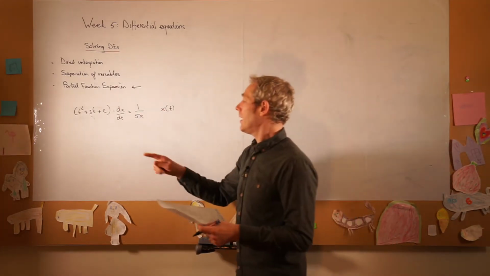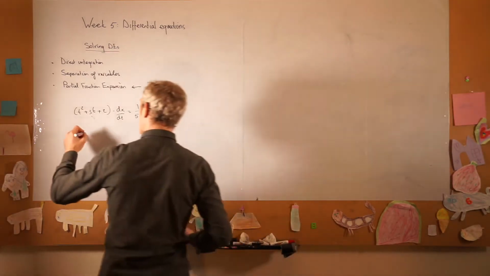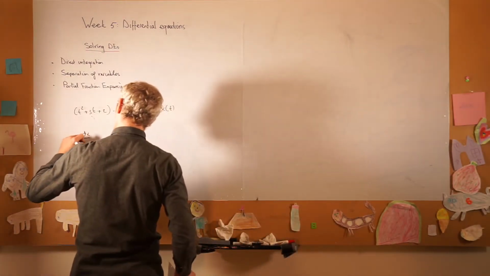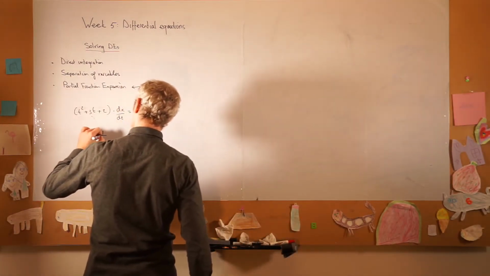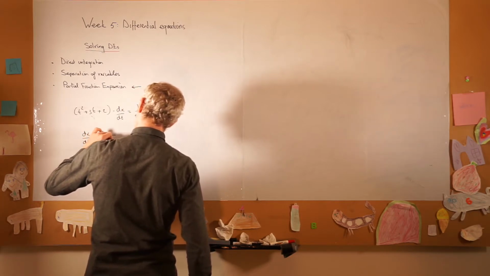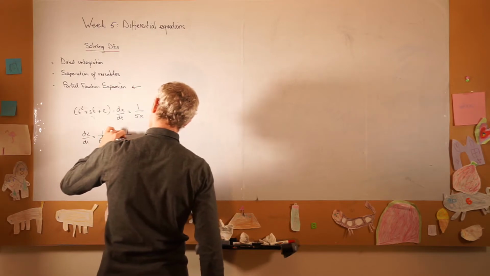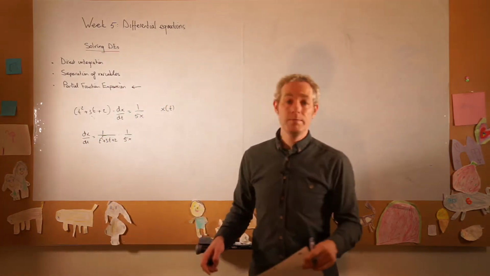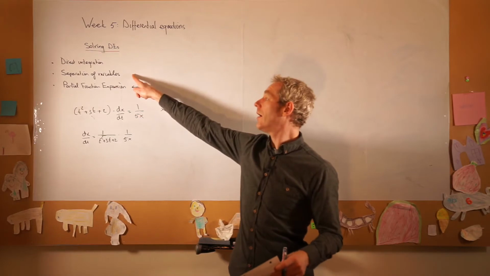Well, let's rewrite this out. So we have dx dt is equal to 1 over t squared plus 3t plus 2 times 1 over 5x,